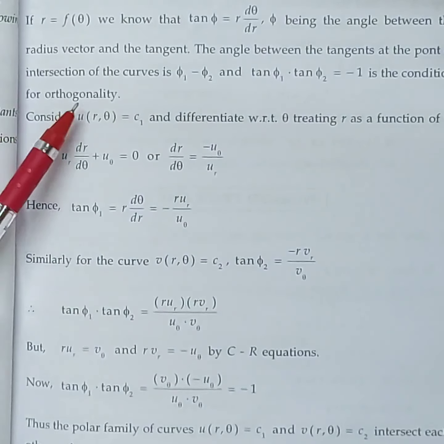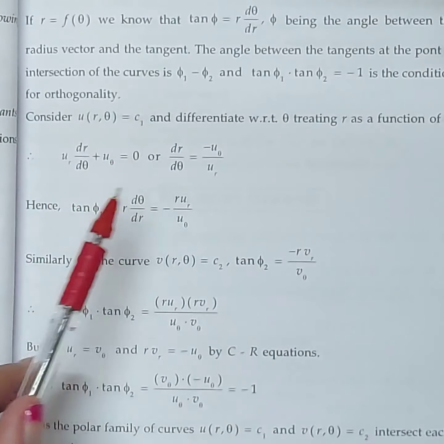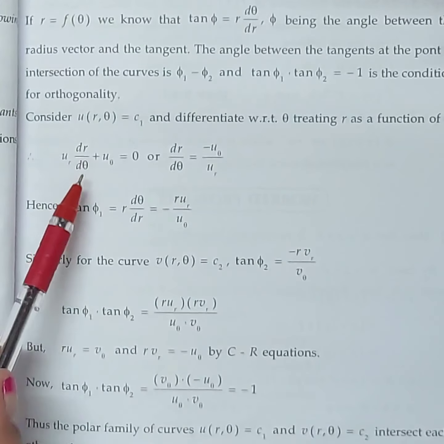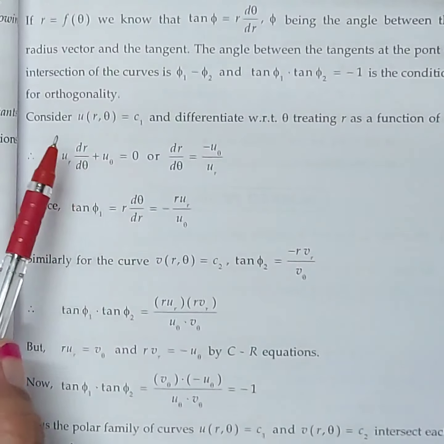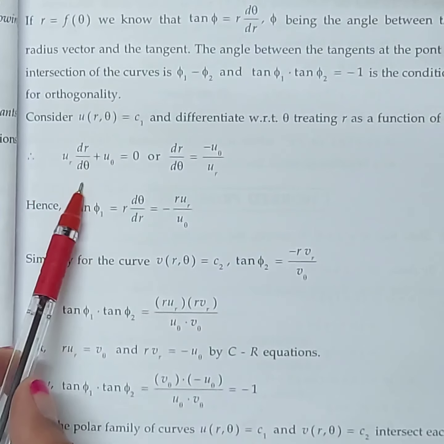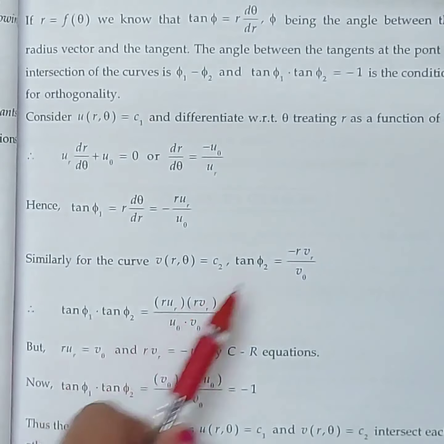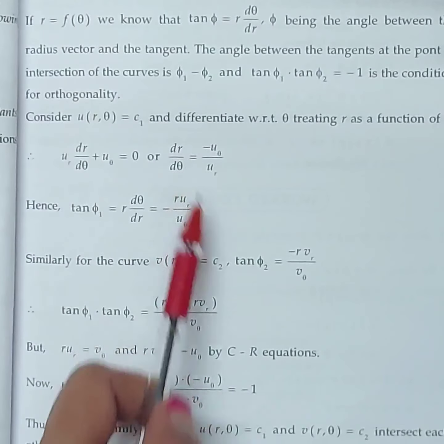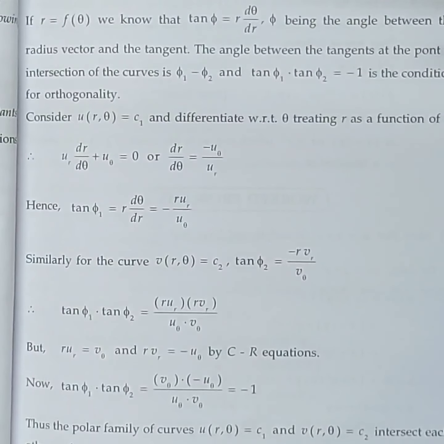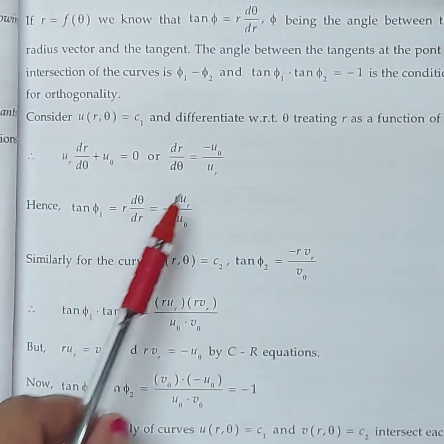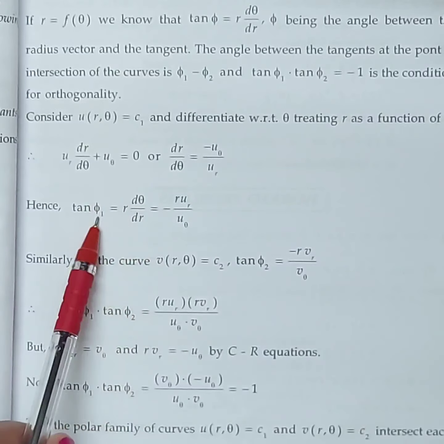So u, the real part u of r comma theta equals c1, we are differentiating with respect to theta, treating r as a function of theta. So that is why we have written u r and then dr with respect to theta. We have written d r by d theta, not del r by del theta, same as the previous one. So r as a function of theta alone, plus u theta is equal to 0. So we got dr by d theta. But what is the formula for tan phi? R into d theta by dr. So we are just multiplying r here on the right hand side, that will give you